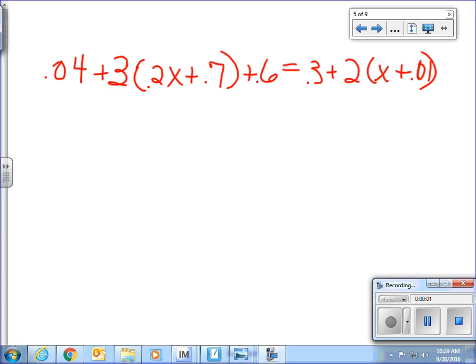Distribute. Excellent. What I'm looking for is any sets of parentheses, and I'm going to try to distribute first. So I'm going to do this stuff here first. My 0.04 is just going to come down. I'll deal with it in a minute. 3 times 0.2, 3 times 2 is 6, but I have one decimal place to deal with, so it's going to be plus